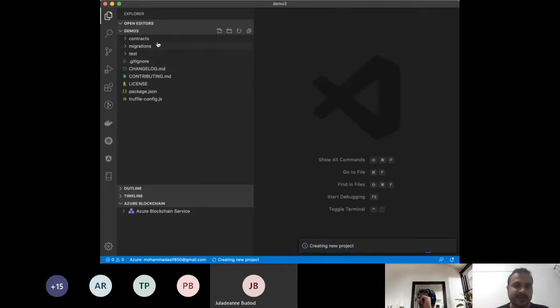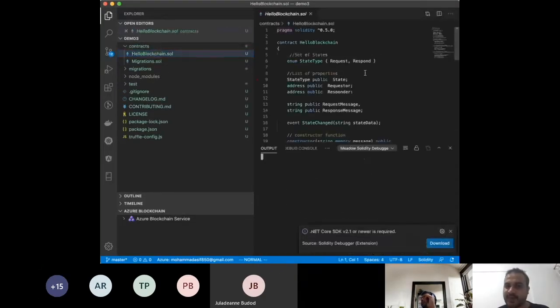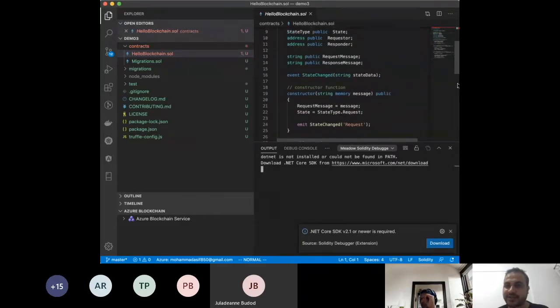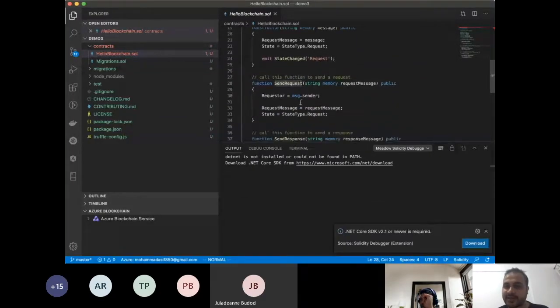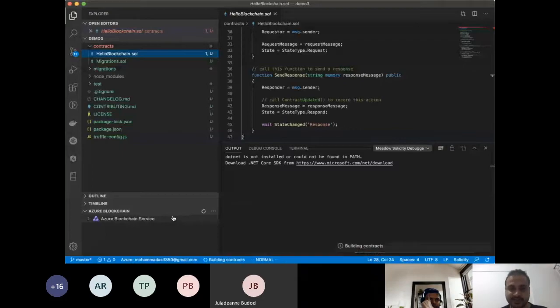So it has created a Hello Blockchain project initially. If you can see, there is a Hello Blockchain app, which basically has two operations. One is for sending the request, send request, and send response. So what we'll do is we'll build the contracts, and